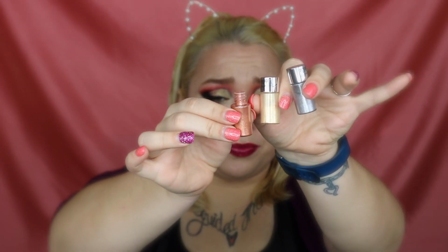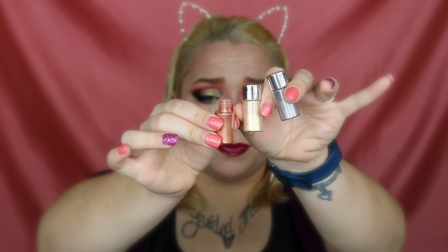The next thing, and I lost one of the lids, it's on the floor like 20 feet from me, but I'm just not getting up, is the Poppin' Pigments. So I love pigments, but I'm going to tell you right now, a lot of drugstore brands do not offer loose pigments. So this is their Poppin' Pigment Trio. It is $8, and it comes with a silver, a gold, and a rose gold. The only thing, and the reason that the lid was off to begin with, that I did not like